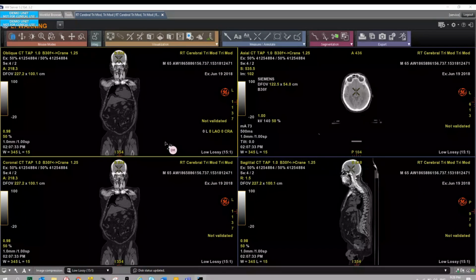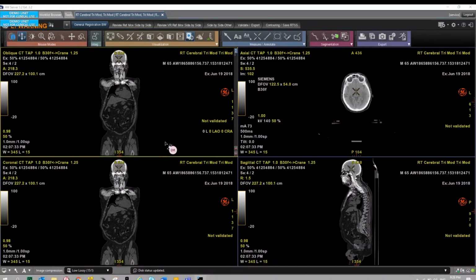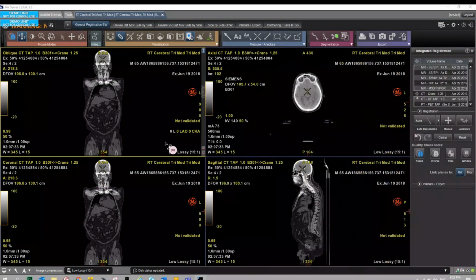Commonly, people use the term fusion, but the fusion is just a tool to check the quality of the registration process that the computer is doing here. This registration process is really important because it will provide all those images the same references, and in this way they can be used for planification purposes.